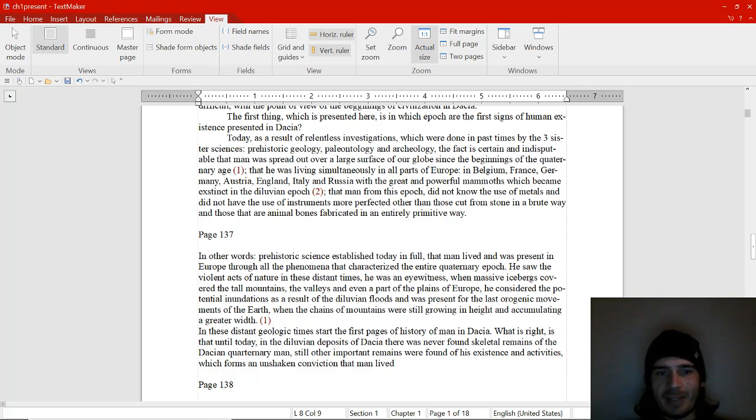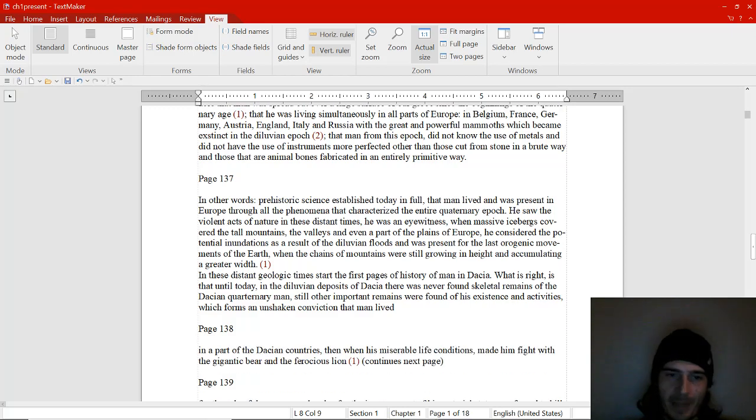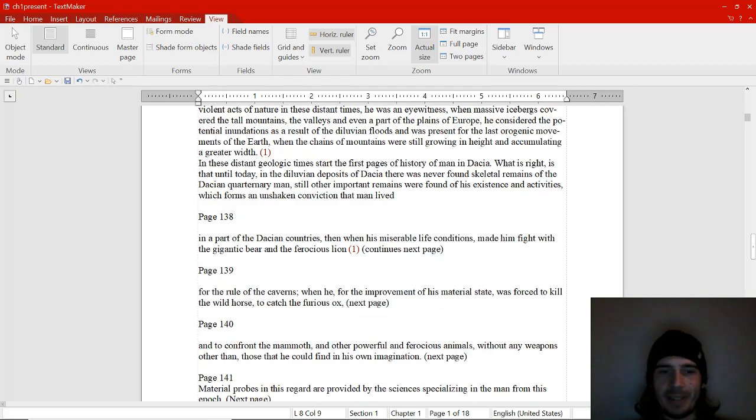What is right is that until today, in the diluvian deposits of Dacia there were never found skeleton remains of the Dacian Quaternary man. Still, other important remains were found of his existence and activities, which form an unshaken conviction that man lived, page 138, in a part of the Dacian countries, then when his miserable life conditions made him fight with the gigantic bear and the ferocious lion, page 139, for the rule of the caverns,